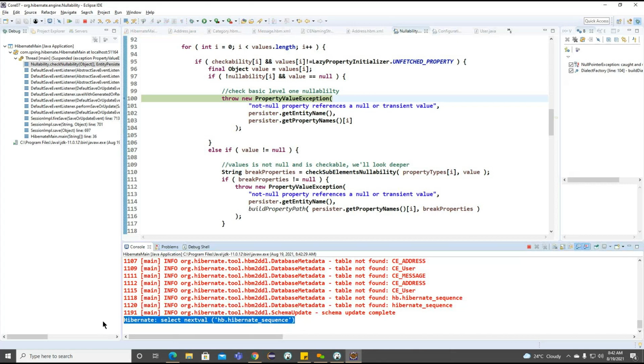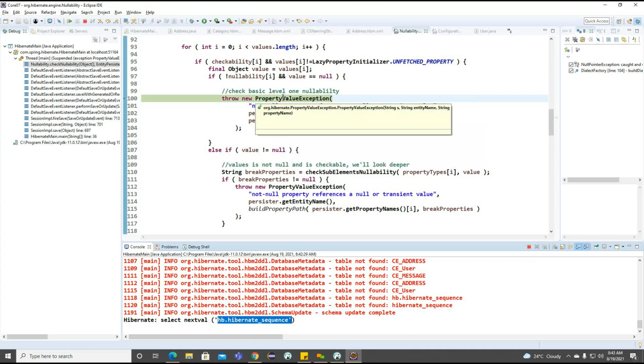Okay. So sequence is generated. If you observe, we're trying to work on the native. So whenever we are working on the native, this sequence is created by the Hibernate, hibernate sequence here. It's trying to insert the value based on this particular sequence here, right? So previously we connect with our increment. So when we are trying to connect with our application, what is the value we are getting? Select to max of some the particular column ID, the table ID. So this is the difference here, but see, we are getting an exception.